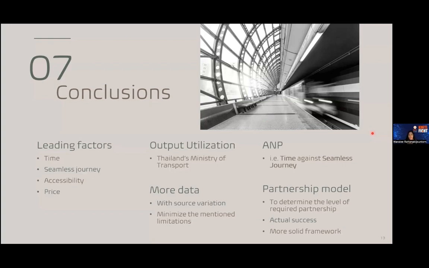So we propose that more data should be collected in accordance with the limitations that I have mentioned in the last slide. We probably should apply more methodology like AHP to compare factors across dimensions. For example, the time and seamless journey, which come from 2 different dimensions. Also, we would want to add more analysis. For example, the partnership model,